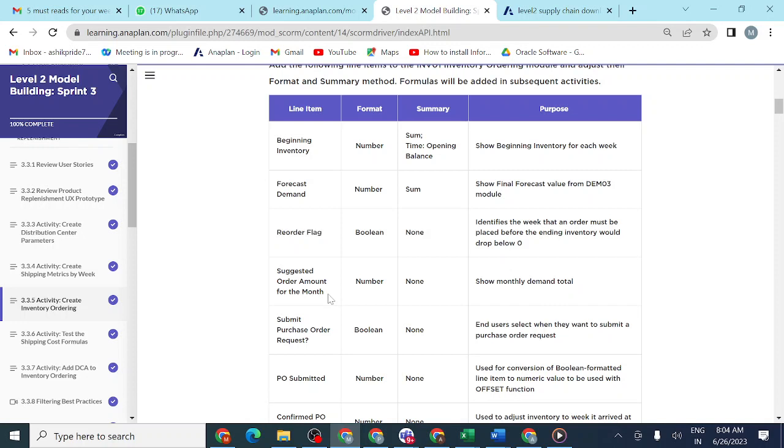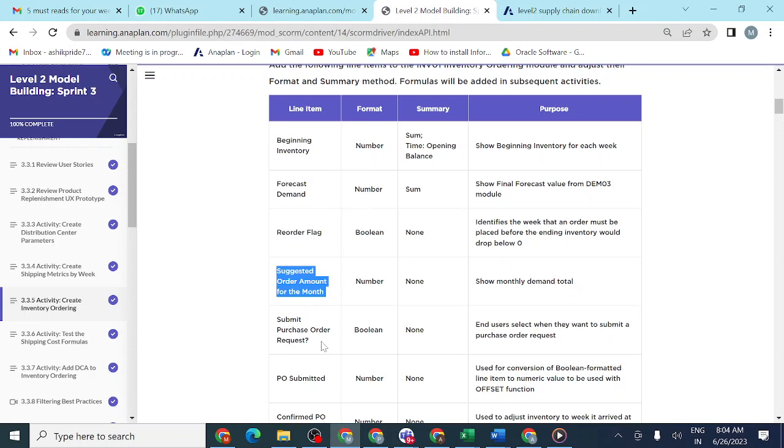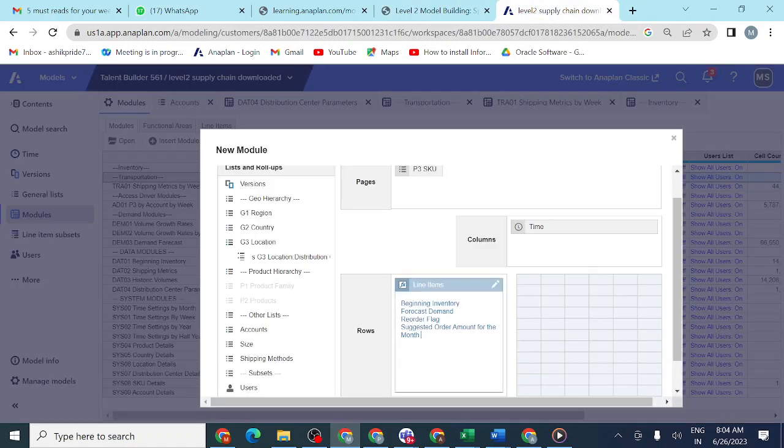So you can see suggested order amount for month. This is the total stock amount for one month, how much product we need. In this line item we show the suggested order amount for the entire month, how much product we need. So this is what the end user selects when they submit the purchase order request. For that purpose we use this line item,